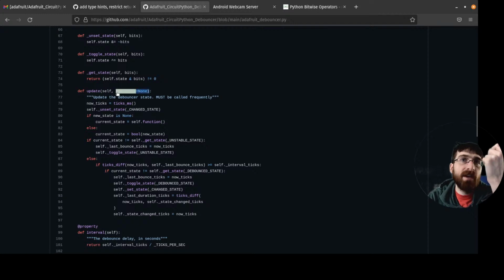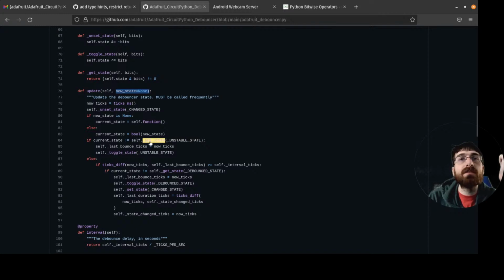So if we didn't pass anything, it's going to call the function. If we did pass something, it's going to convert whatever we passed to a Boolean. It's not equal to unstable state.